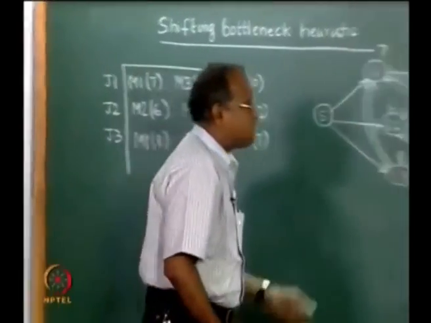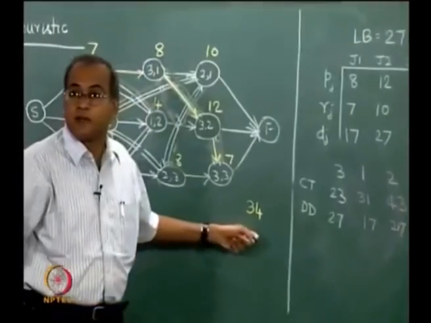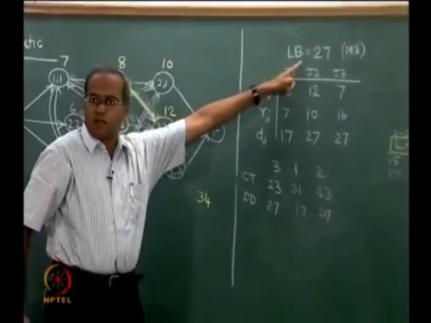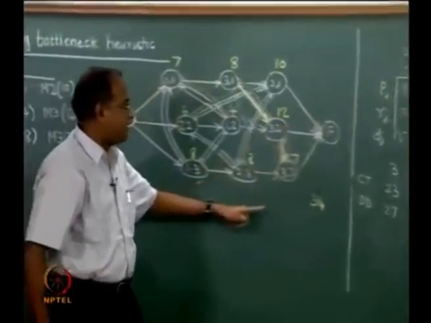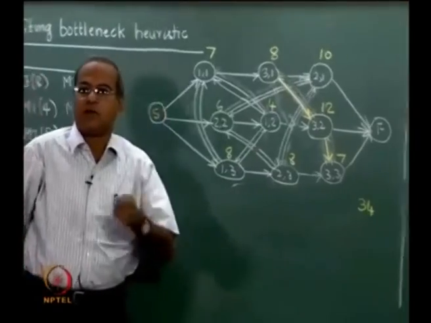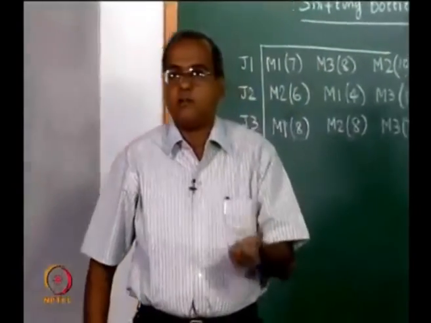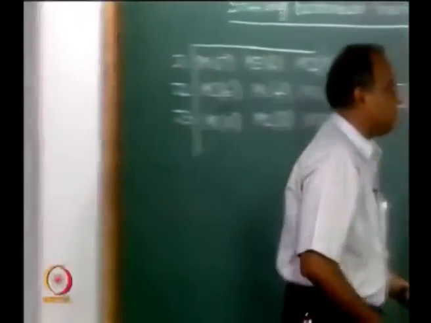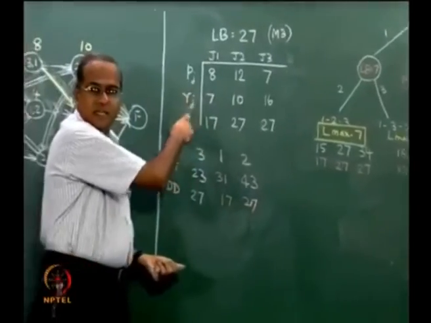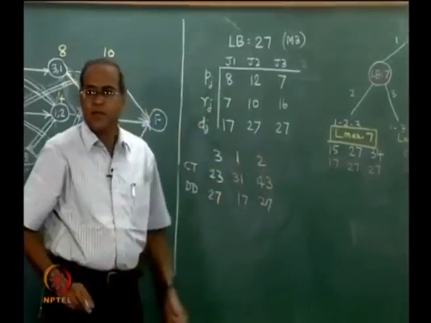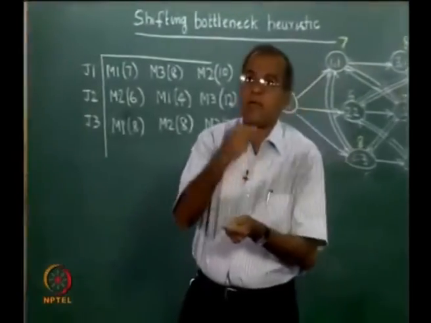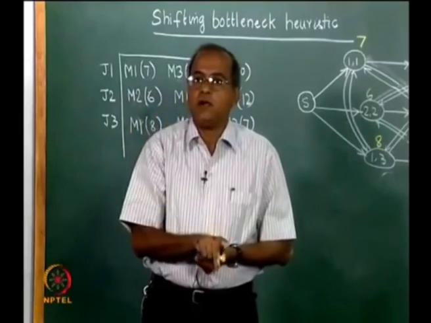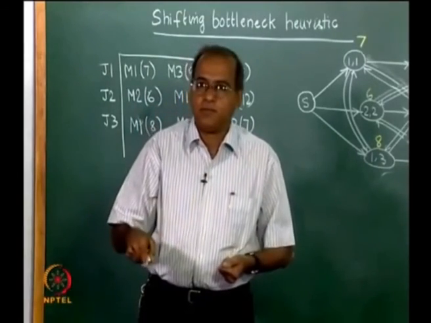and then we try with the make span updated to 34, because the longest path is 34. When we did for M3 we got 27. Now we have updated the make span to 34. So we solve a 1 Rj L max on M2 with make span equal to 34, and then we suitably define the Rj's and the Dj's for M2 and solve it. Then the make span may increase. If so, keep that and then solve it again for M1 to get the best route for M1.